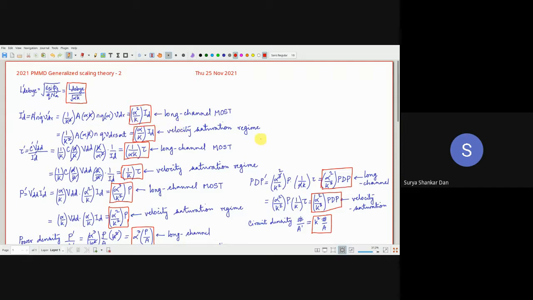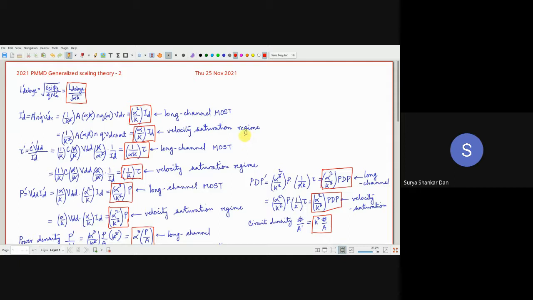So in the velocity saturation regime, what we understand is that instead of alpha into V_D, the drift velocity remains constant, which is something we have seen in our previous lecture. So 1 upon k square, that is because of A. N dash scales like alpha into k into n. Q does not scale, that is electronic charge anyway. However, instead of alpha V_D, we will be having V_D sat because it is the velocity saturation regime. The drift velocity is already saturated, so it's not going to scale anymore. So as you can see, you'll be left with alpha by k into I_D.